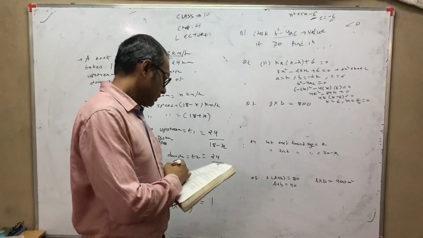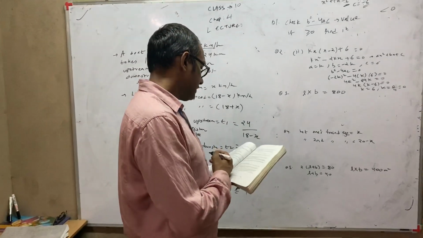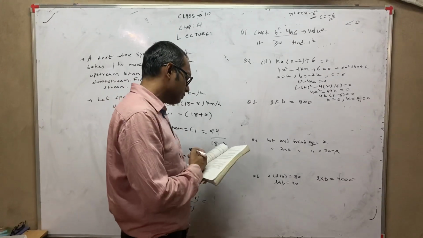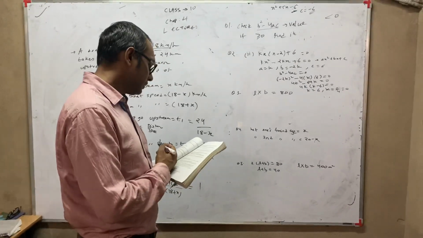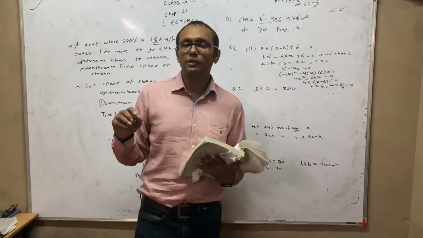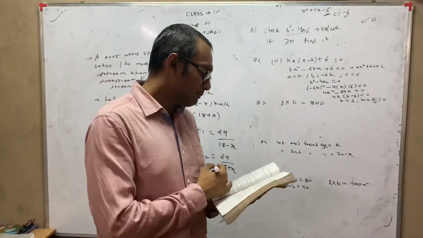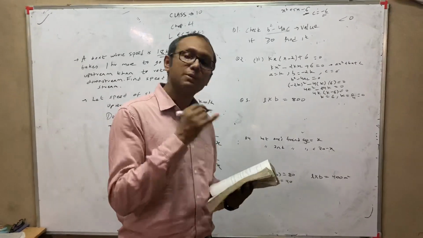Okay. Now the last three questions. Question number 3. Is it possible to design a rectangular mango grove whose length is twice the breadth and the area is 800 meters square? If so, find the length and the breadth. Now question number 3, 4 and 5 are normal statement sums, but if you notice, in the beginning of each of these sums, the questioner asks, is it possible?